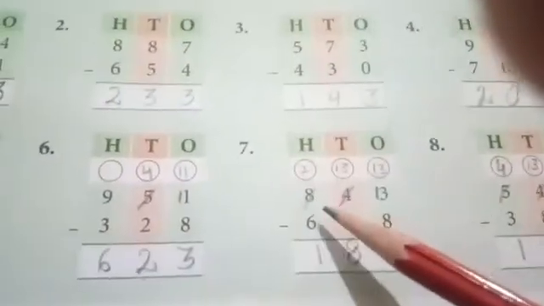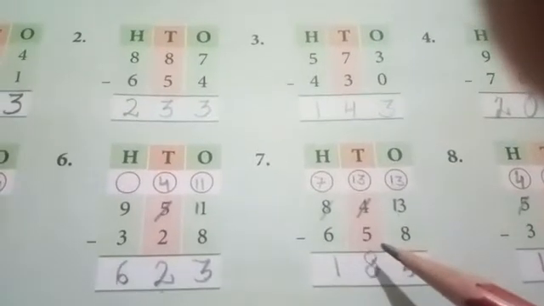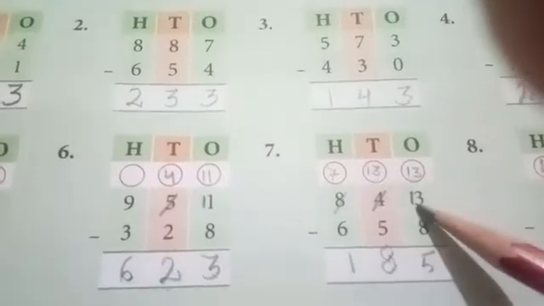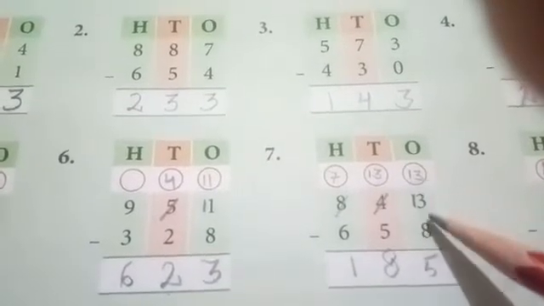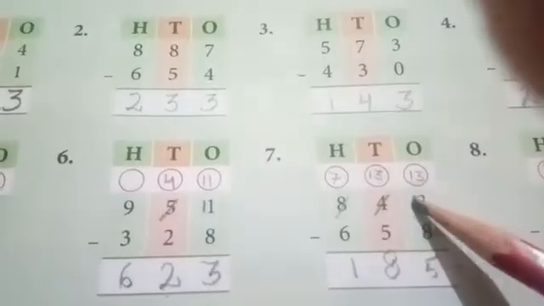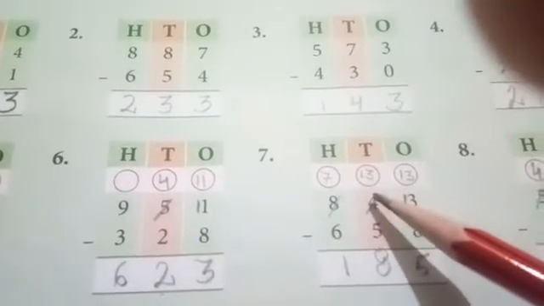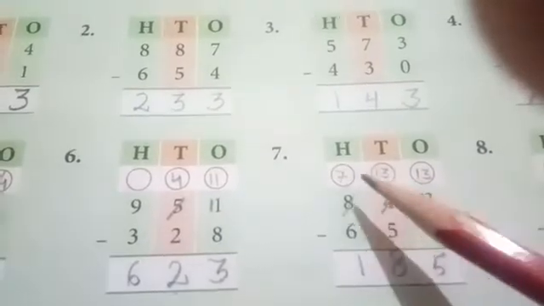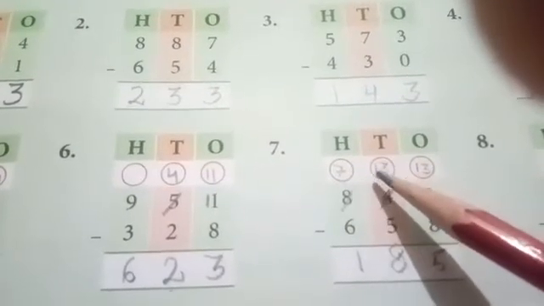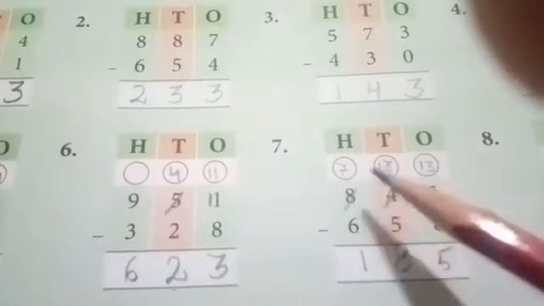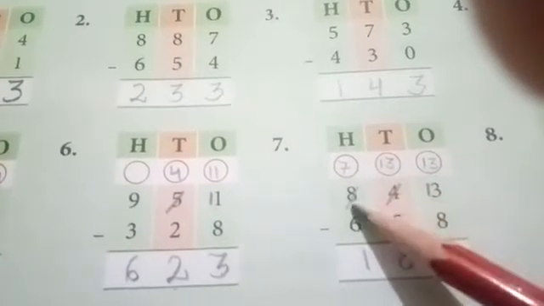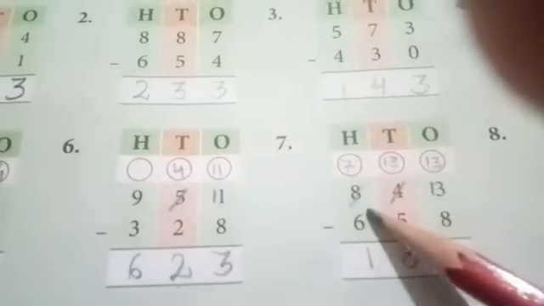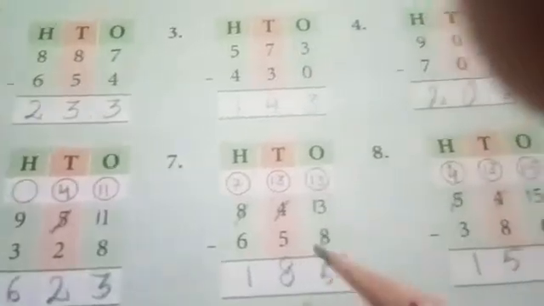Now in seventh question, our question is 843 minus 658. Now again we will start from the ones column. Now 3 is smaller than 8, so we have taken one borrow from here. Here it becomes 13. 13 minus 8 is 5, and here we have given one borrow, so it becomes 4 minus 1, 3. Now again 3 is smaller than 5, so again we have to take one borrow from the hundred place number. So again it becomes 13 here, and here we had given one, so 8 minus 1 is 7. So 13 minus 5 is 8. 7 minus 6 is 1. So we got the answer 185.